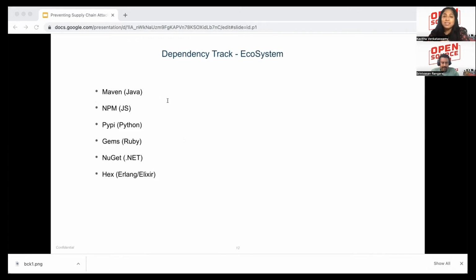So not only can Dependency-Track provide you the vulnerabilities through its integration with the intelligence platforms, but it can also provide you a view of outdated components. And as you all know, outdated components also pose some risk, and that is achieved by having this integration with different repositories like NPM and other ecosystems.